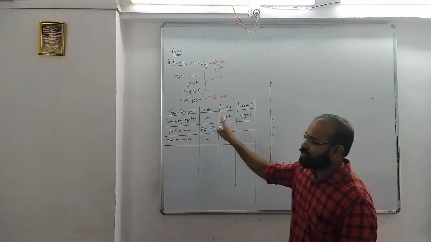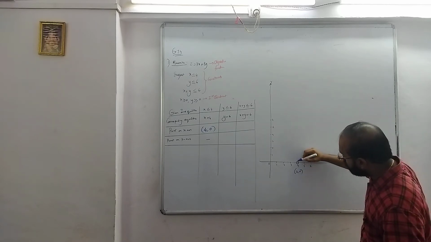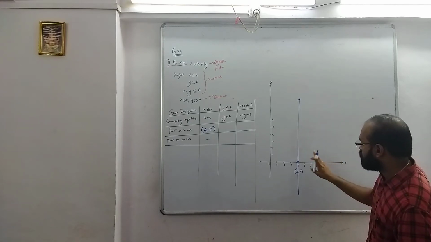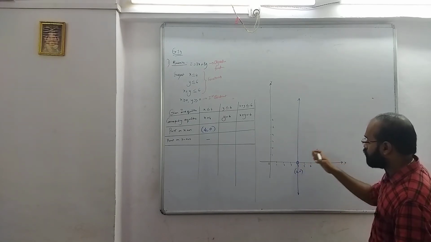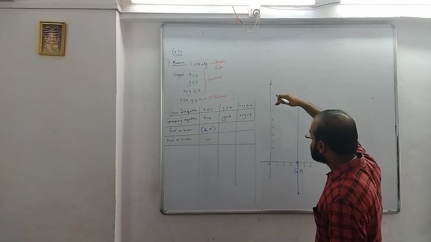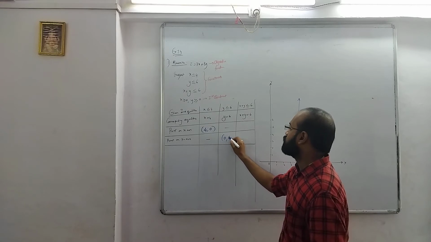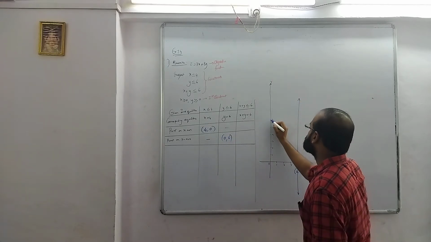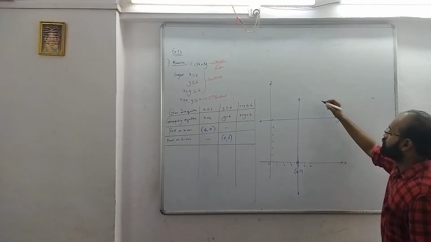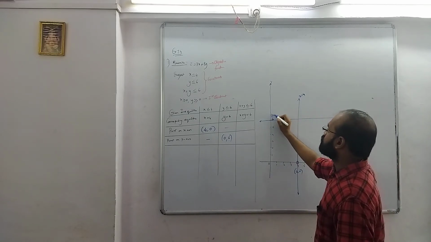Now understand one thing. x equal to 4 is a line which passes through the x axis at 4. Same way, y equal to 6 will not touch the x axis; it will pass through (0, 6). So this line is y equal to 6 and this line is x equal to 4. Is that clear?